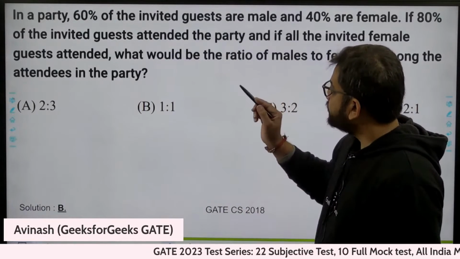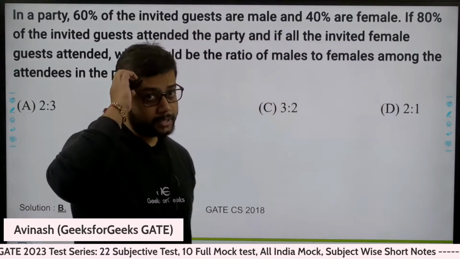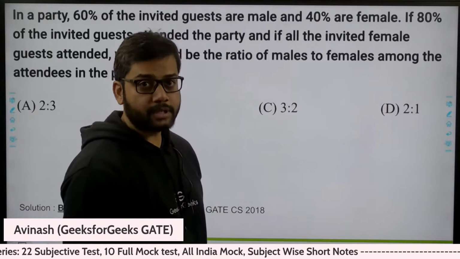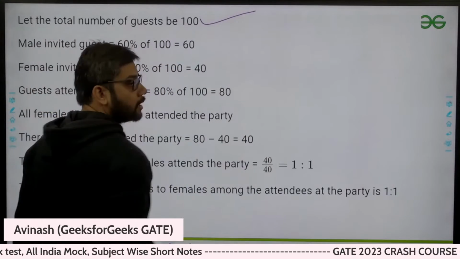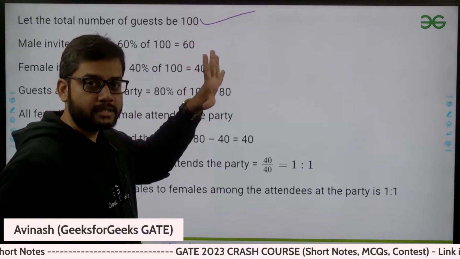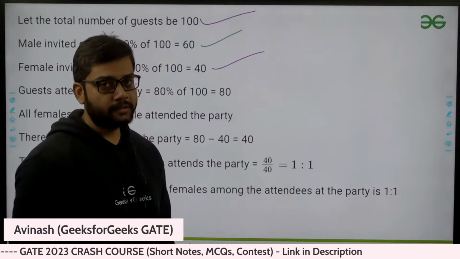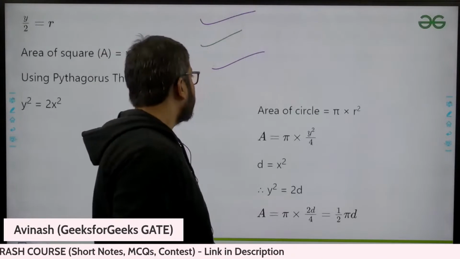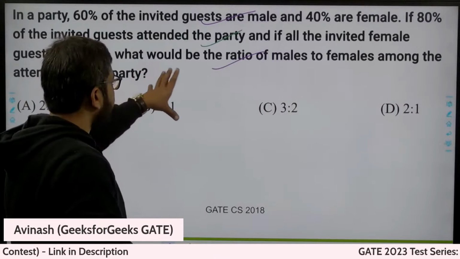In the party, 60% are male and 40% are female. Suppose in the party the total is 100 people. Okay, suppose the total number of guests is 100. So male is 60%, it means 60 are male, and female are 40%, so 40 are female. Okay, now what they are saying is, if 80% of the invited guests attended the